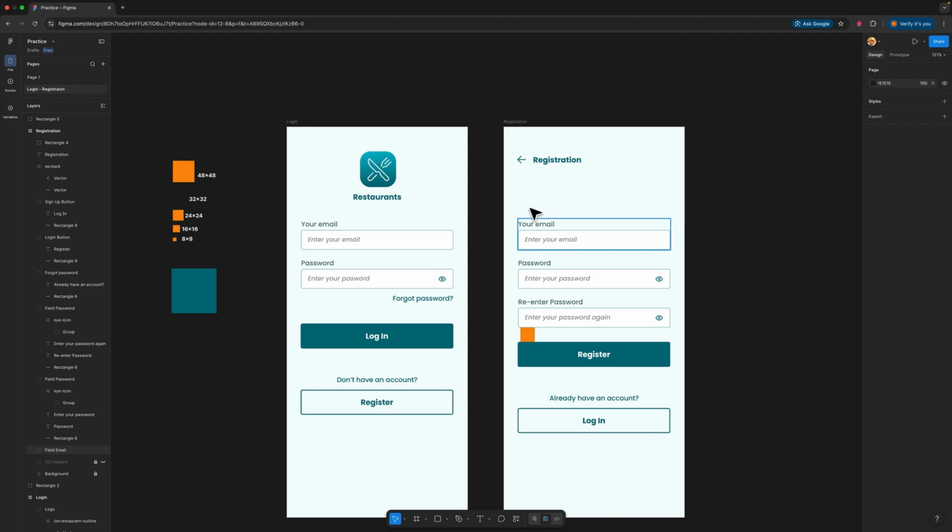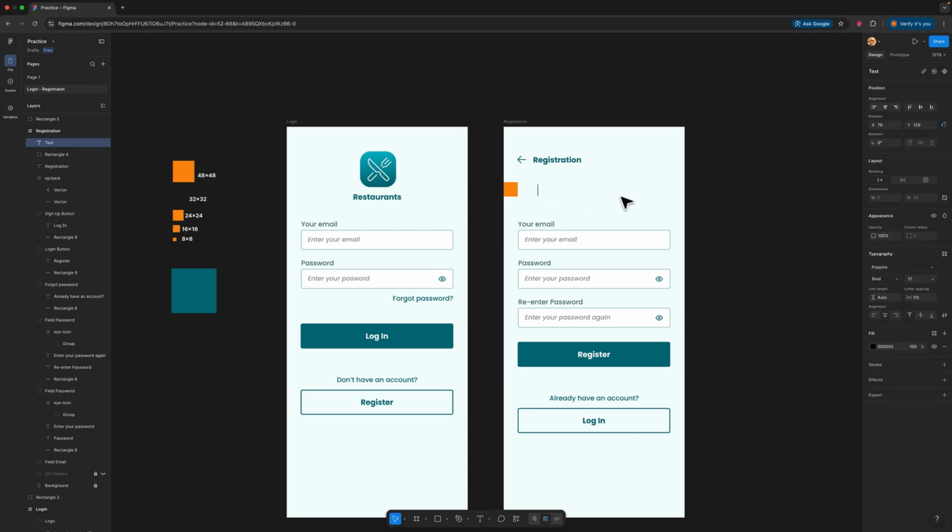Next thing is we'll need to create a title. Then grab this box and place it over here. So now this is the space we'll be using, 32 by 32 over here as well. Then click on your text tool, click on the canvas and start typing. I will just type here, create a free account,